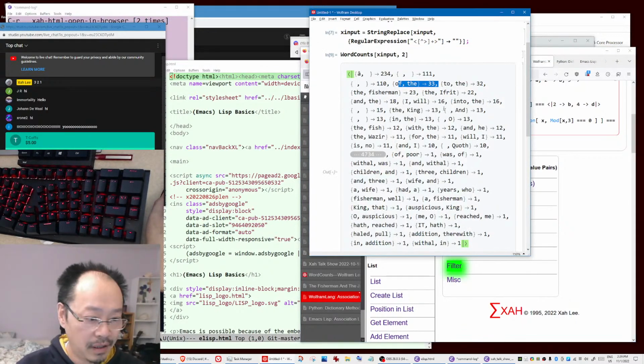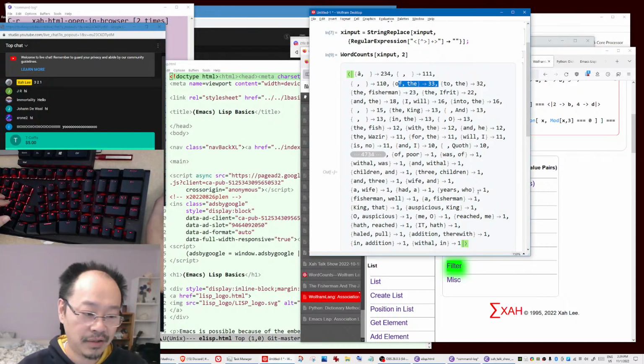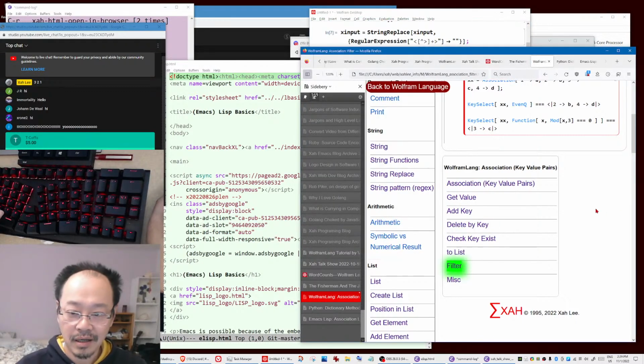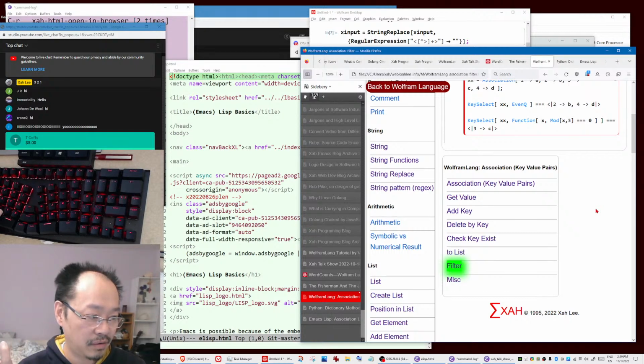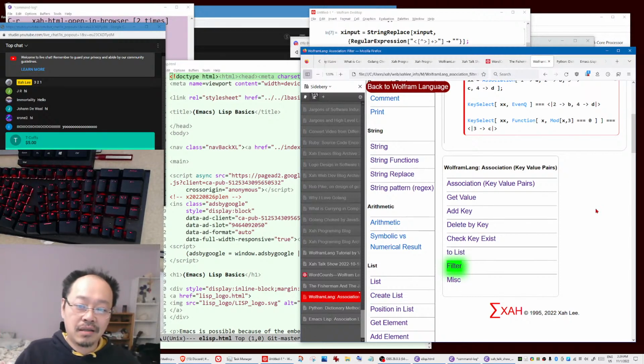So anyway, thank you for the donation, and could you explain what is a hash table, please? Okay, a hash table is just a key value pair. If you know Python, in Python it's called a dictionary. It's just key value pairs. The purpose of that is it allows you to